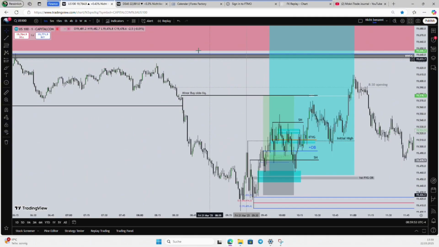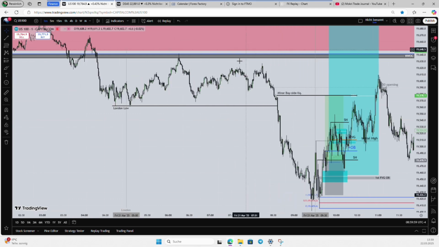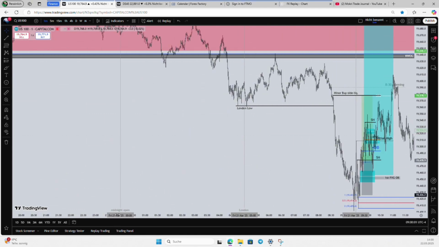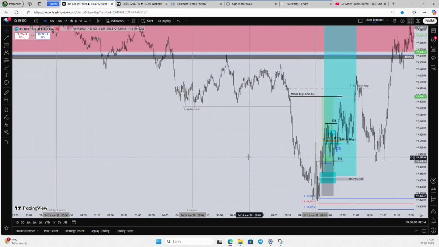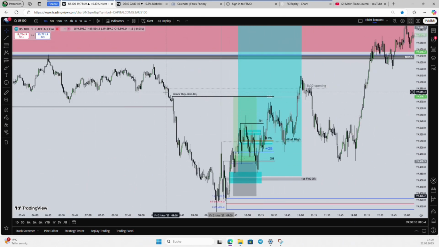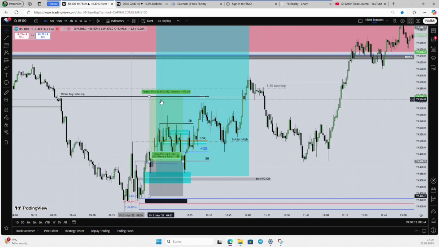This is another unique model on its own. The opening range gap has a 70% win rate, meaning price at the opening range is going to trade to the opening range gap consequent encroachment, the 50% level of it. But I don't want to confuse you guys, so I don't want to talk about it in this lecture. This lecture is only going to be about the first presented fair value gap and minor buy side or sell side liquidity. This is all you've got to know in this lecture.